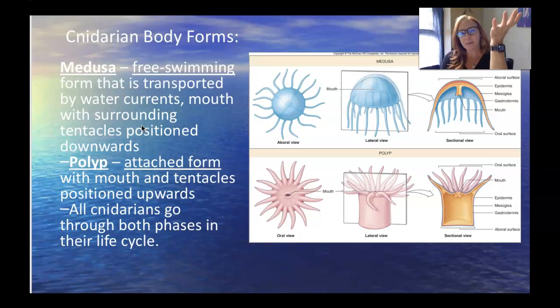Good. And then polyp, put that hand up again, only this time I want you to bend your wrist backwards. Again, still mouth in the middle of your palm. Tentacles are now up. Your wrist is your body stalk and your pedicel. So you're going to wiggle it and say polyp. Everybody say polyp. Good. Okay. What's this one? Good. What's this one? Right. All right. So again, make sure that you know the difference between those,